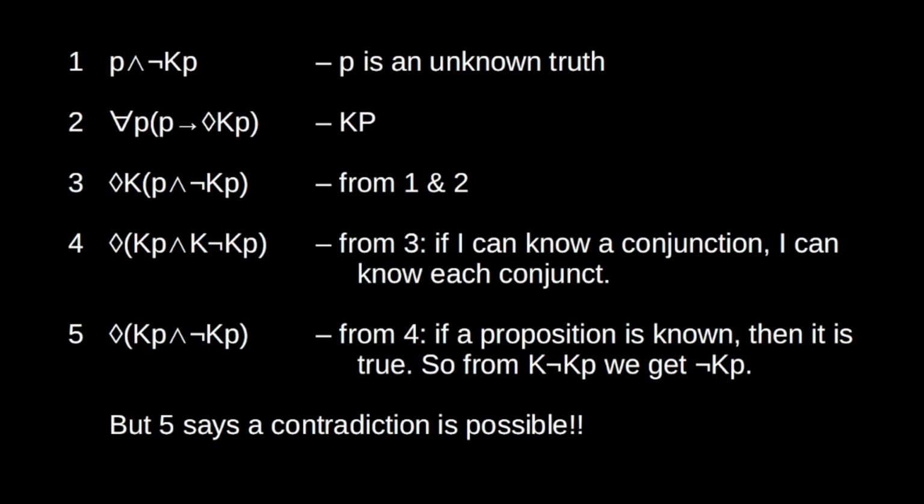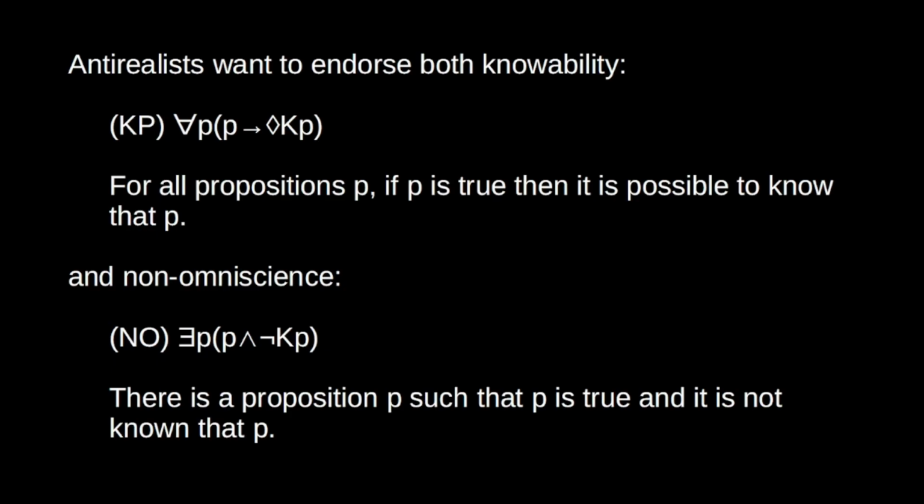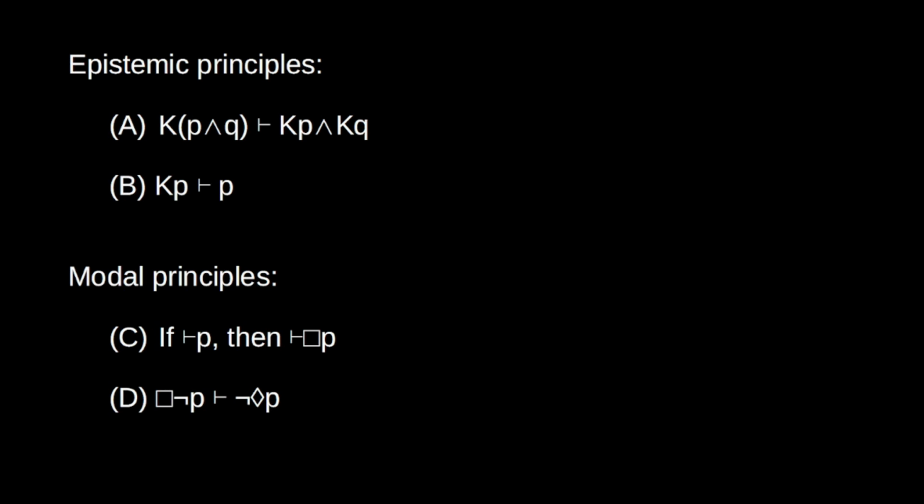So okay, that's a sort of abbreviated form. I'm now going to give a more rigorous proof, and I'm following the presentation given on the Stanford Encyclopedia of Philosophy page, Fitch's Paradox of Knowability. Okay, so again, we begin with the knowability principle and with non-omniscience. So have those in mind. We now need to state some simple principles of epistemic logic and modal logic. These are just going to be taken for granted in the proof.